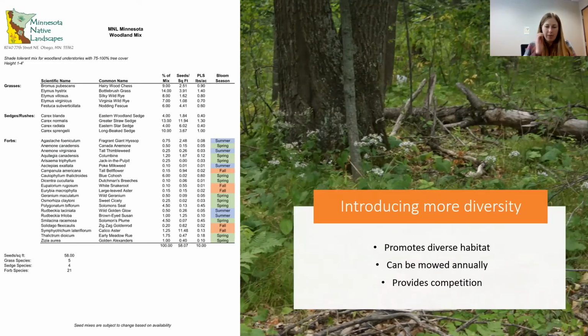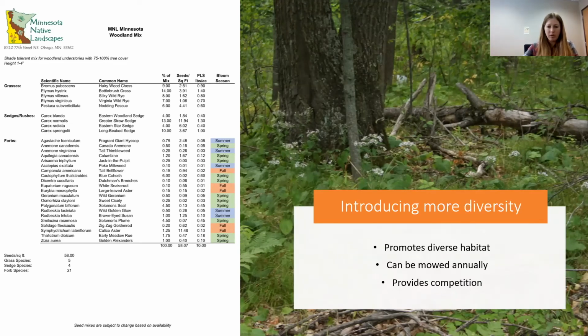If you can introduce more diversity, it's always a good thing, right? So we're promoting more diverse habitat, providing more floral resources. If you look at our native species here in Minnesota for our woodland herbaceous species, we have so many spring blooming species, which is very important for overwintering pollinators and those returning from migration. I think Heather covered so many of our tree and shrub species that provide a lot of spring nectar and pollen resources, but the native herbaceous plants do as well. And then there are great summer blooming species, and also important fall nectar resources as well. So if you're working on a smaller scale, revegetating with a diverse seed mix can provide just so many benefits.